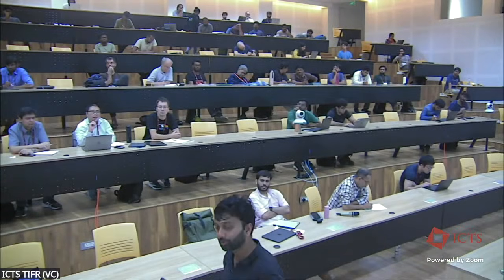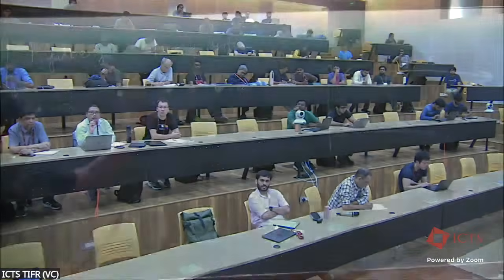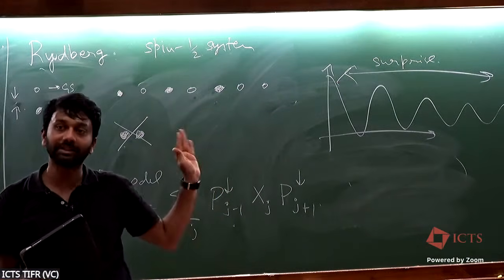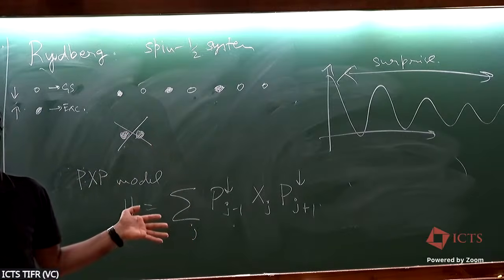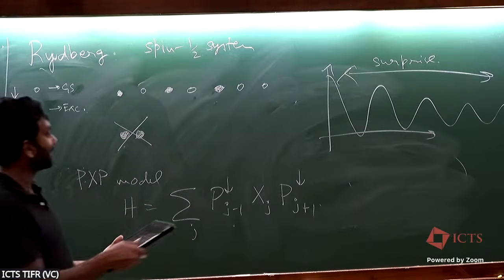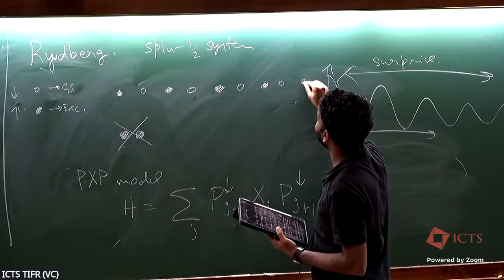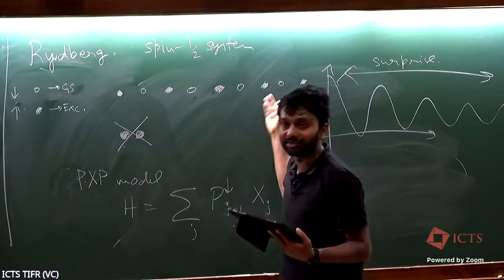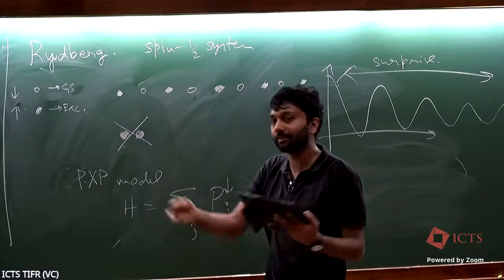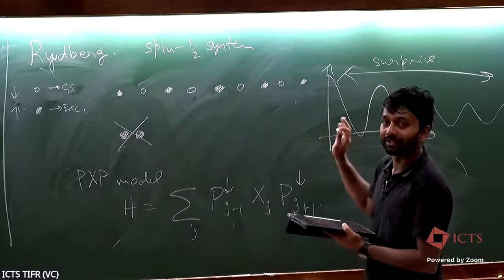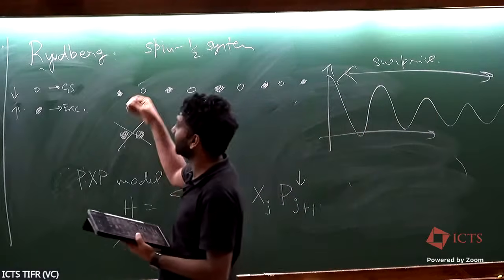Yeah, so you can do numerics on this Hamiltonian and it shows the same behavior, but the experiment also shows the same behavior. And the experiment came first. They were just doing this experiment and they saw that. I should mention the initial state they started out with was where every alternate atom was excited, and then you start with this initial state, measure whatever you can measure in the experiment, and you see that it does not thermalize, whereas other states seem to thermalize.